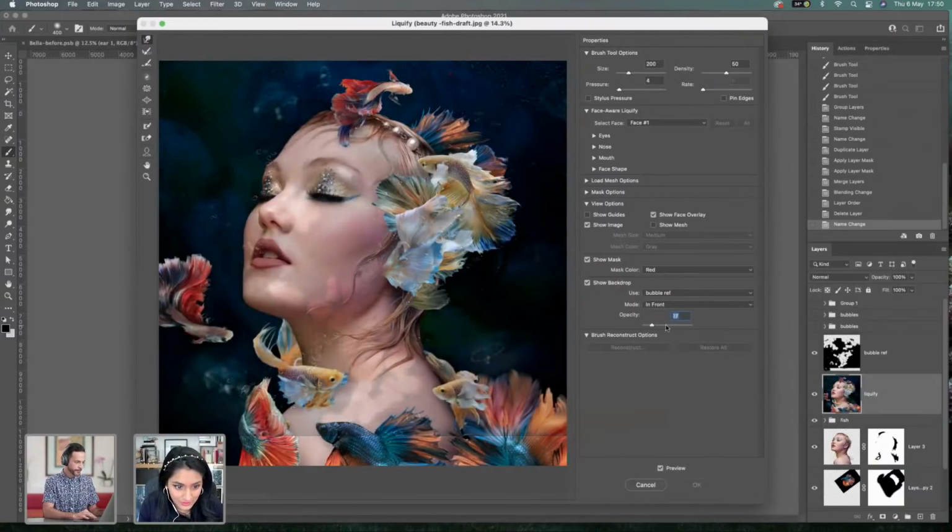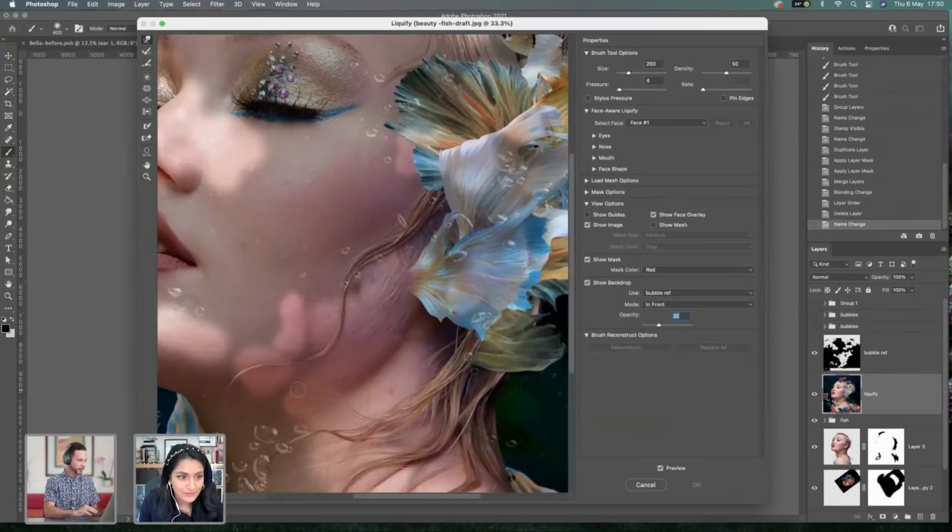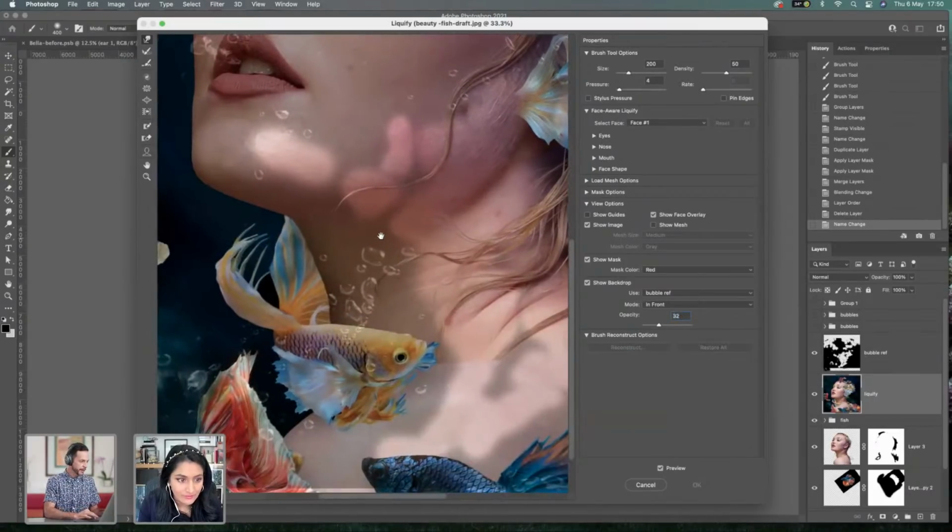Are we going to make it like that? Yeah, basically so you can see. And now what you can do is zoom in to your image. This is really fun. If you zoom into your image, then look at your tools on the left-hand side. You have your regular push and pull tool. If you go down from that, just a couple of them, there's what's called the bloat tool, right below